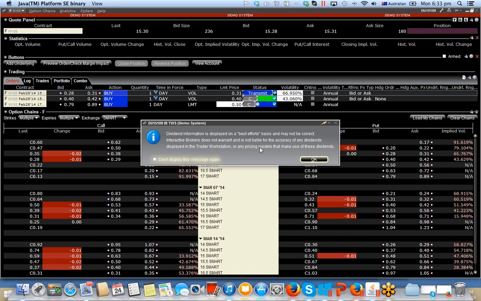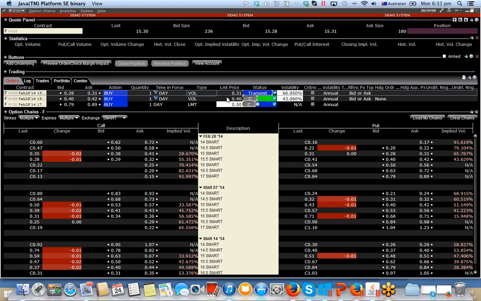So it could be accurate, it could be not. And of course, you need to verify it by using some independent tools such as OptionVue. Anyway, so you can just leave it and transmit, say, 66.95 volatility, or you can select